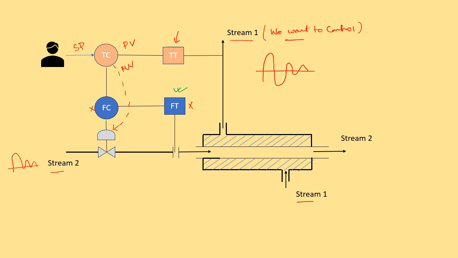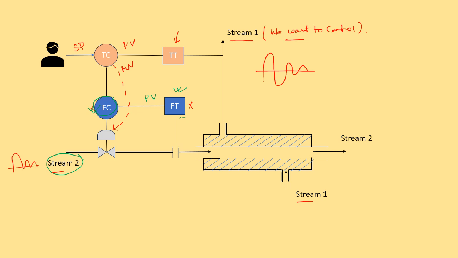in the downstream of the valve to measure the flow in stream 2. So if there is any disturbance that is causing the stream 2 flow to change, that will be detected by this flow transmitter, and this flow transmitter will give the signal to a flow controller here. So this will be a flow controller, so this will give a signal to it, and the set point,